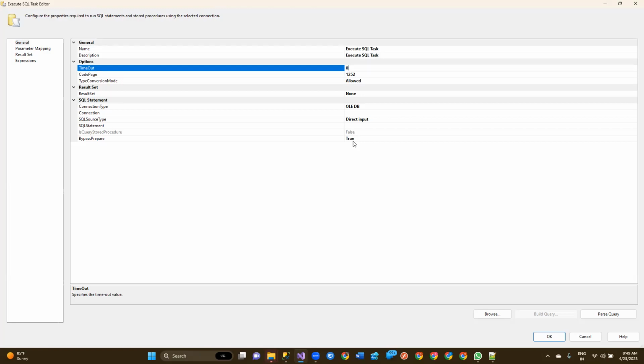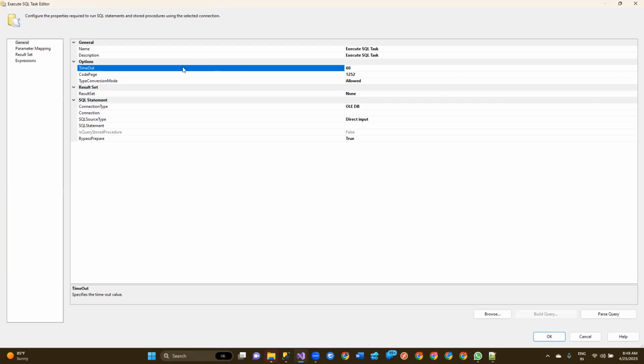Okay. 0 means based on the server configuration, the connection will try to access the system. For example, while authenticating, in that server they have configured only 30 seconds. Within that 30 seconds, if the authentication has not succeeded, then the task will fail. Okay. By that time, if you want to make the authentication 60 seconds, then you're supposed to give 60 here. After 60 seconds, it will time out if the server does not respond to your